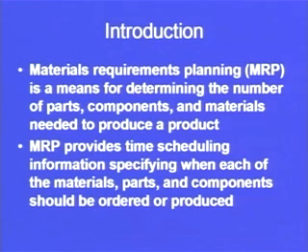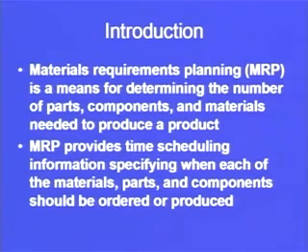one particular car. And now if we have a certain demand of suppose 1000 cars, we will be able to see what is the requirement of the number of components that will be used to manufacture 1000 cars. So in a way this will be helping us to identify the requirement of those particular parts. So here in the very basic definition we can see materials requirement planning is a means of determining the number of parts. So how determining? It will help us on the basis of certain logic.